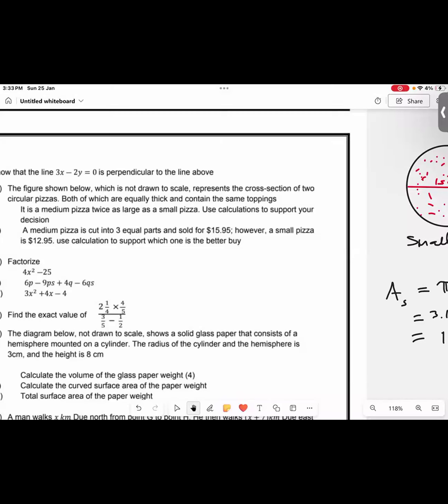Well, based off the fact that the medium pizza is 4 times the size of the small one, even though you pay a bit more, it will probably be bigger than the small one. So I'll go with a slice. You take your $15.95 and buy 1 slice of a medium pizza as opposed to buying a whole entire small pizza? Yes, because the slice is bigger than the small one. How do you know that? Because based off the calculation that was done.